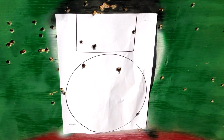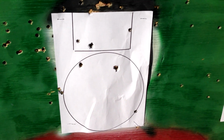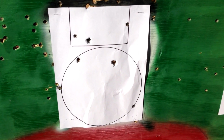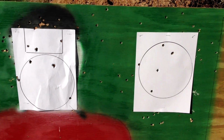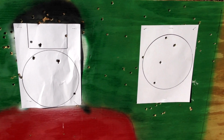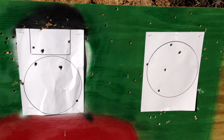I'm impressed with both of them. I certainly could do a little bit better as far as my part as the shooter. And this is just the first cold target of the day, so sure, as I get warmed up I'd probably do a little better as well. But that's it for the Glock versus 1911 comparison video, and these are the results you see on the range. You make the decision for yourself on which you think is